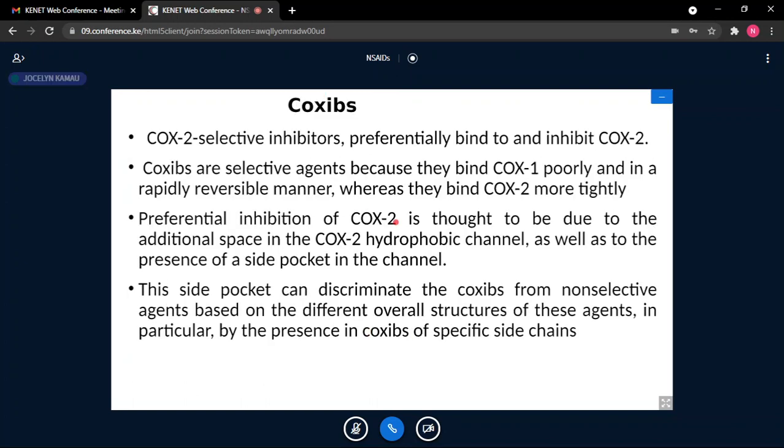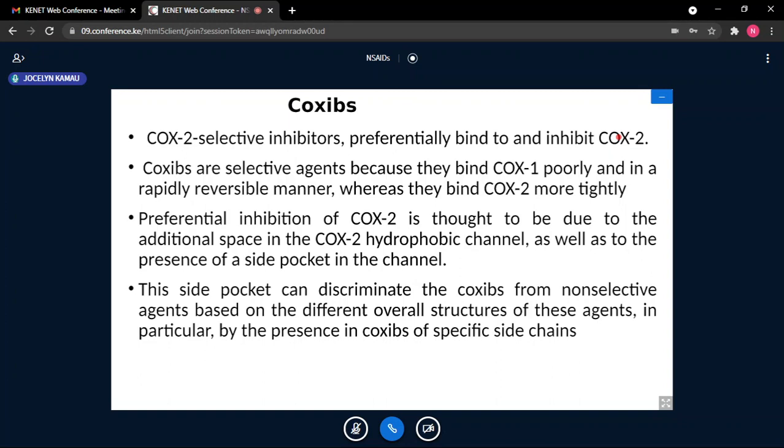Now we are just mentioning the drugs, because we have mentioned quite a number of names. The coxibs, which we have said are selective inhibitors, will preferentially inhibit COX-2. They will go for COX-2 and leave your COX-1 intact. And again, why do they do that? They are able to do that because of the structural difference between the COX-1 and COX-2 enzymes, and there is also a structural difference between the coxibs and the other drugs. So please note, there is a structural difference between the drugs and also a structural difference between the enzymes.